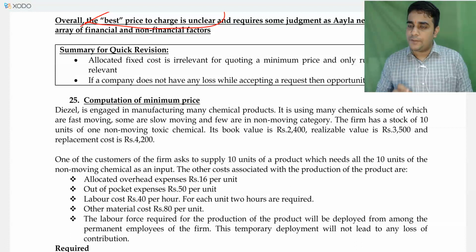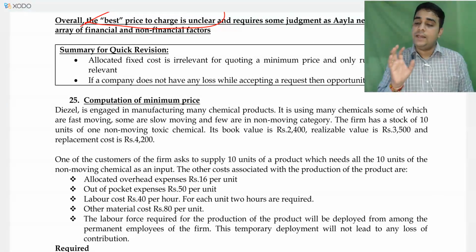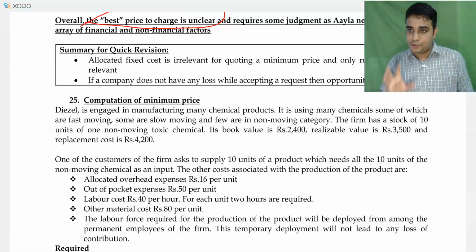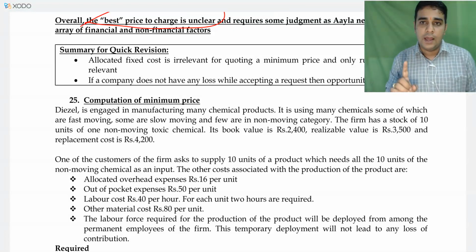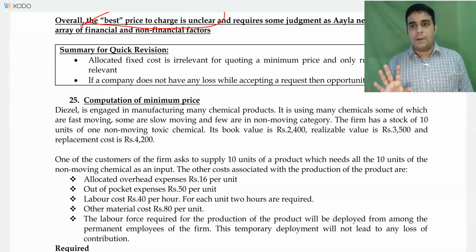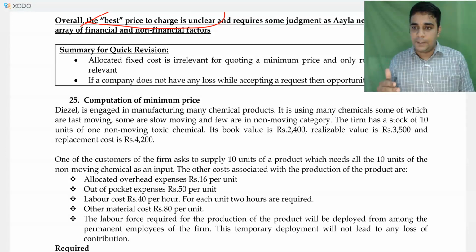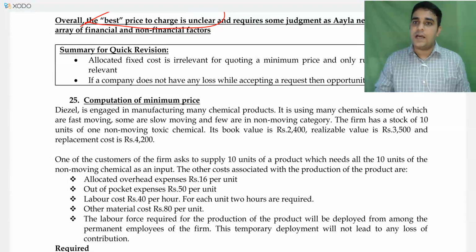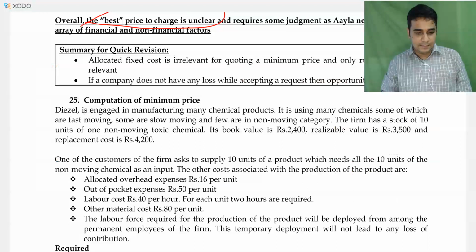One of the customers of the firm has asked to supply 10 units of a product which needs all 10 units of the non-moving chemical as an input. So one of the raw materials is this, and there are other expenses. I can do all my calculation for a single unit, or I can do all my calculation for 10 units and then finally divide by 10. Whichever approach you follow, either everything is for 1 unit or everything is for all 10 units, because there are certain items like out of pocket expense which is given as 50 per unit, which you may have to convert into 10 units, or if you are writing per unit, then other things should be at a per unit level. So the first item is